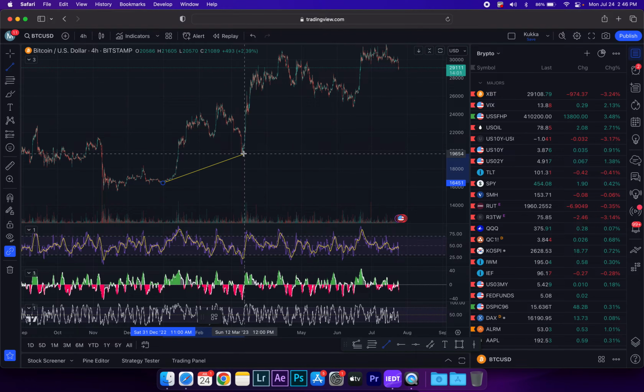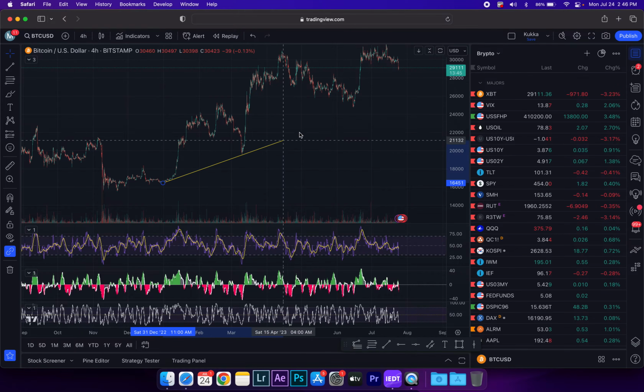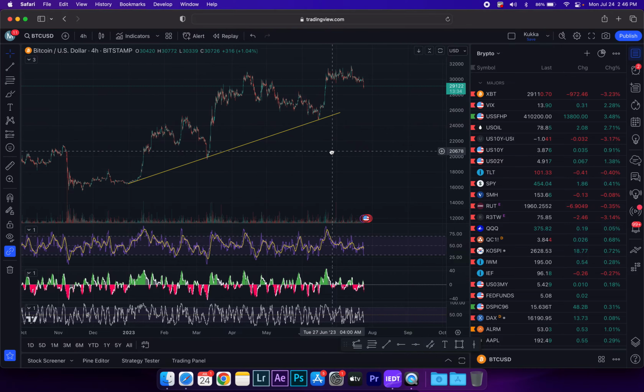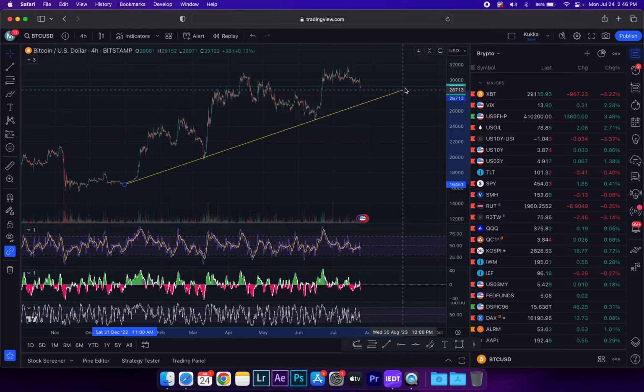So if we join this, we see that a trend is forming where it's gone up, gone down, gone up, gone back down, and it's being followed over here also, right? इस जगह तक भी हमें एक ट्रेंड नज़र आ रहा है. तो इसको हम आगे extend कर देंगे to see if that lines up, and it doesn't necessarily have to be a perfect trend line, but it will at least give you an idea. Okay, so we will continue to extend it to see where is the next support according to this trend line